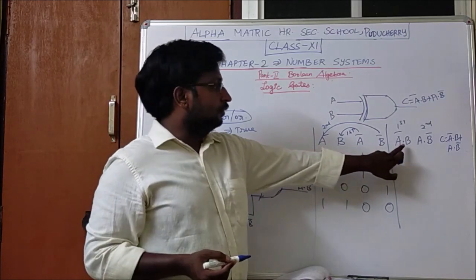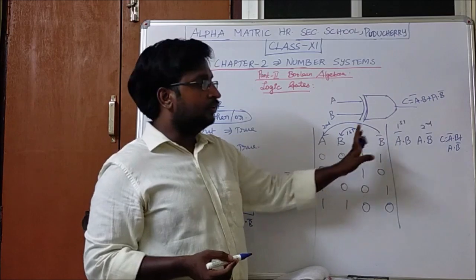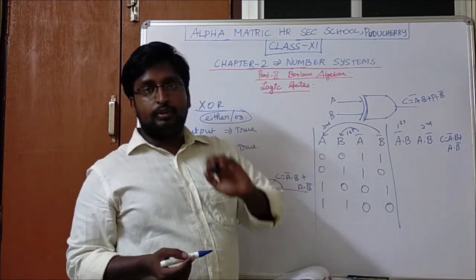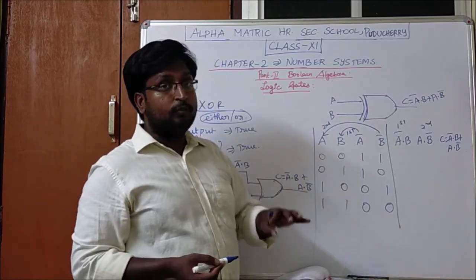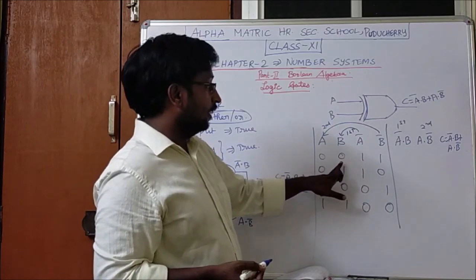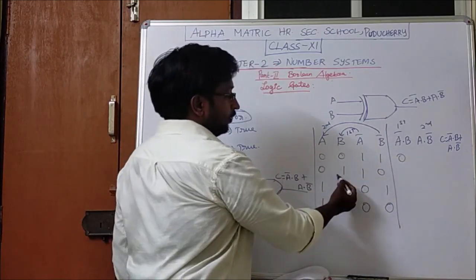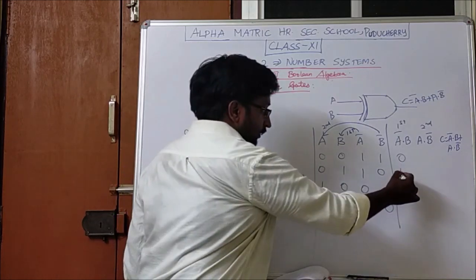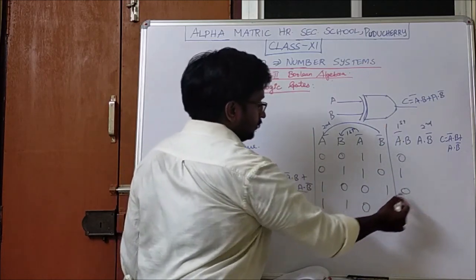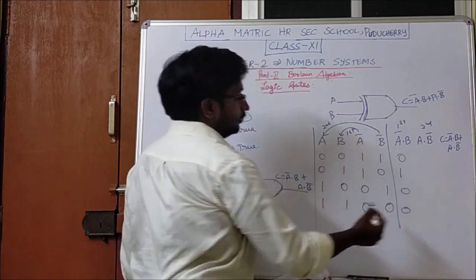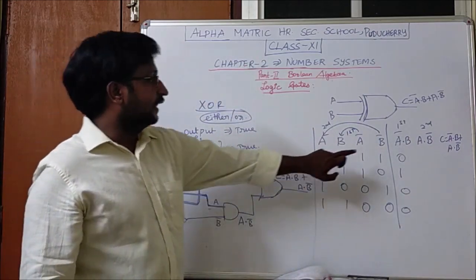Multiply means the AND operator, where both the inputs must be true. Then only the output will be true. Here you see we have one false, so obviously the result is false. Here you see both are true, so the result is true. Both are false. Here one false is there, so the result is false. Now the second one.